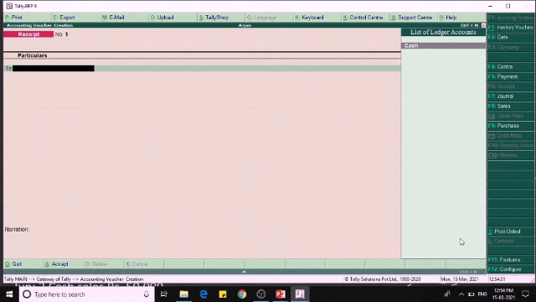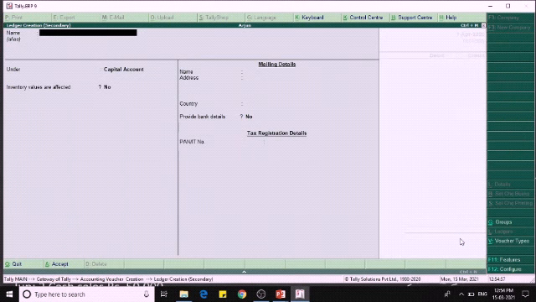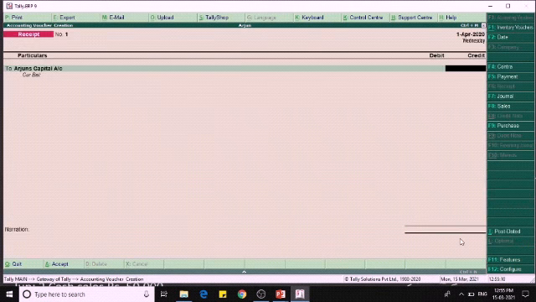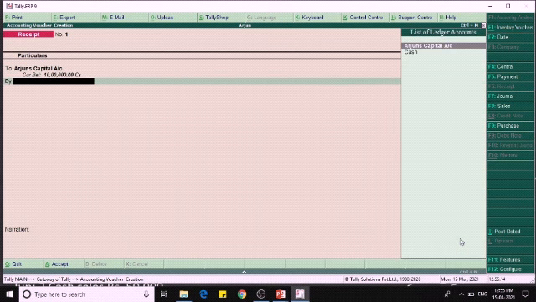In the credit column we create Arjun's capital account, under the capital account group. The amount is 10 lakhs. So Arjun has introduced his capital in the form of cash only.